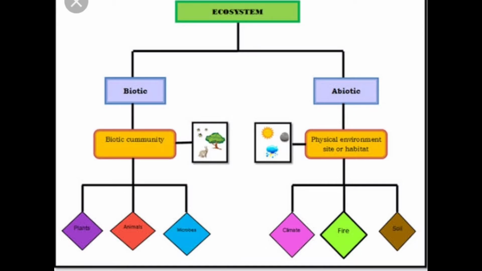Look at this picture. It is a concept map of ecosystem. Here you know that ecosystem is the main concept, that is the primary concept. And here biotic and abiotic factors are the secondary concepts. And under biotic factors we can see animals, plants and other microorganisms. All these are the tertiary concepts under biotic factors. And what are the tertiary concepts under abiotic factors? Soil, water, air. And primary, secondary and tertiary concepts are connected with arrows.